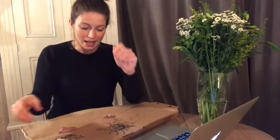Their food pouches are paper, not plastic, which I've never seen before if I'm honest. And also their ink is vegetable ink. The website and the booklet that comes with it is really helpful. It tells you how to make the perfect bouquet, how to take the perfect pic, hello Instagram, and also when you're done with the flowers, when they're on the turn, how to avoid putting them into landfill. So they've got some advice on how to press them, how to dry them, or how to compost them,